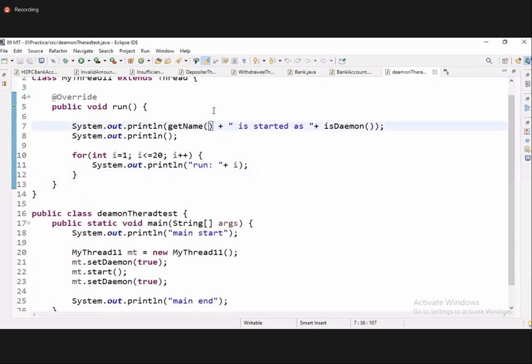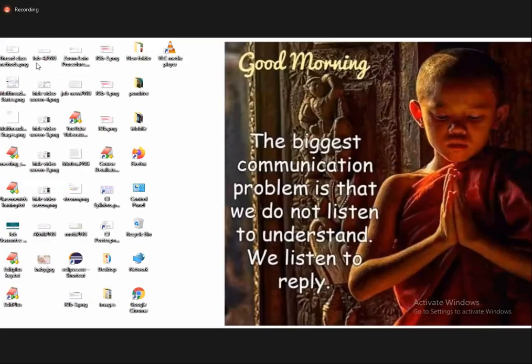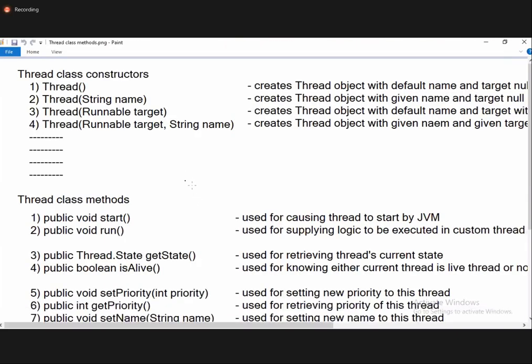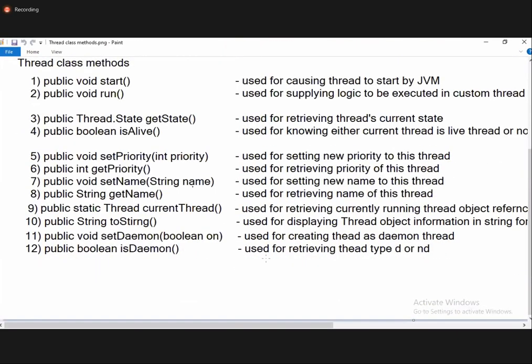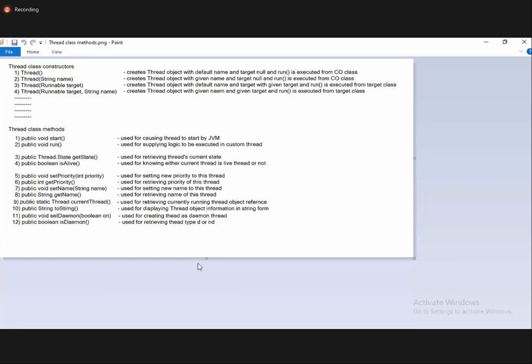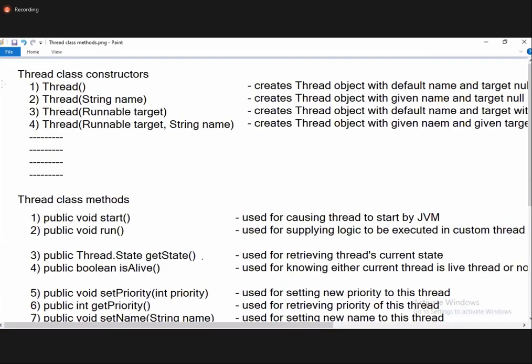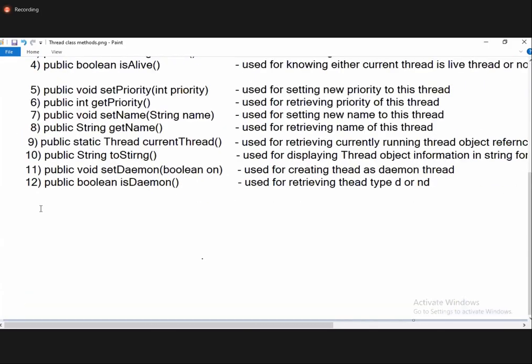So in last class we have completed types of threads, right? Now today we'll try to understand what are the different methods available in the Thread class for controlling thread execution. Okay, methods for controlling thread execution. Okay, we have